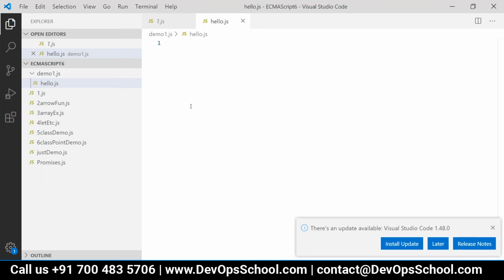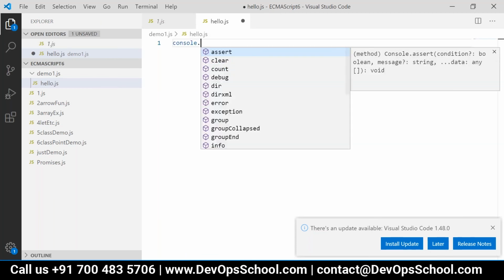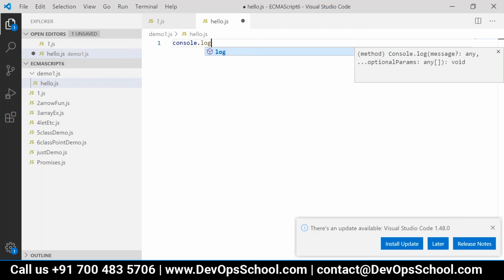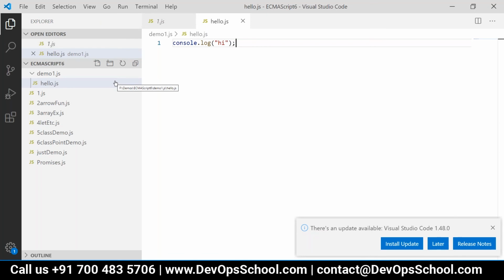Let us write the simplest program, console.log, say hi, or hello world, whatever. And then you can open that file in the terminal.